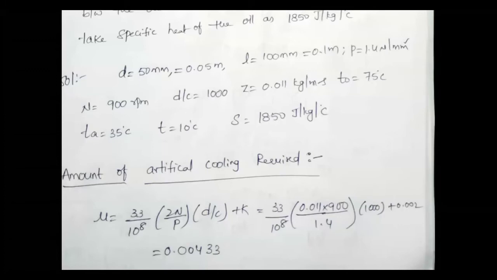So there is no change, because it is 0.00 value. So what is there? No problem. The K value is a standard value, it is the side leakage. So that is 0.002. The same thing will be applied in your previous problem also.